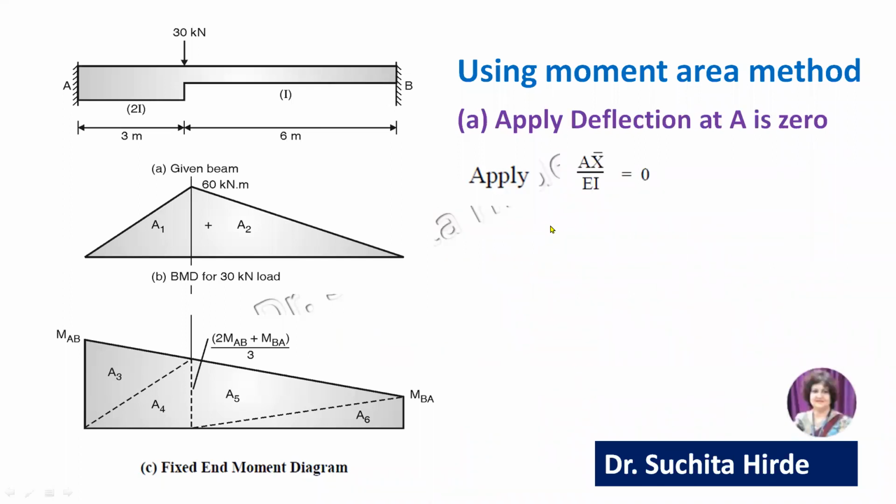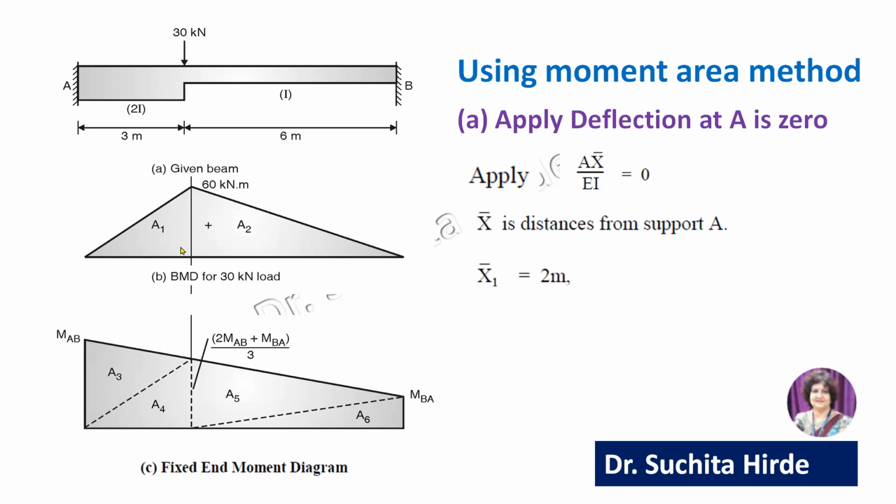In the second equation, we are going to apply the second condition, that is deflection at A equal to 0, that is A x bar upon EI equal to 0. First of all, we have to calculate all the values of x bar from A because we are applying deflection at A equal to 0. If you want, you can also apply deflection at B equal to 0 and take the values of x bar from B. You will get one and the same answer. So let us calculate x bar for various distances and various sketches.